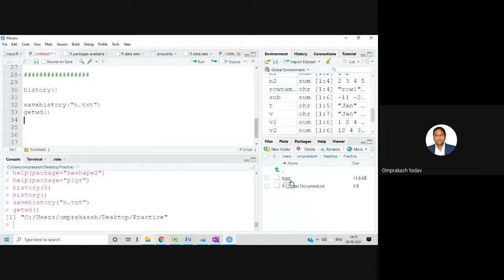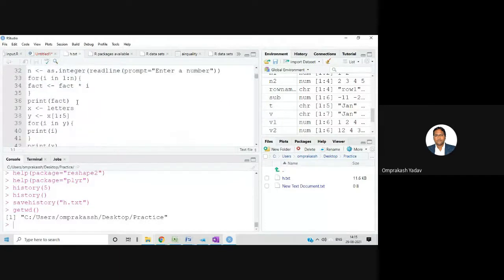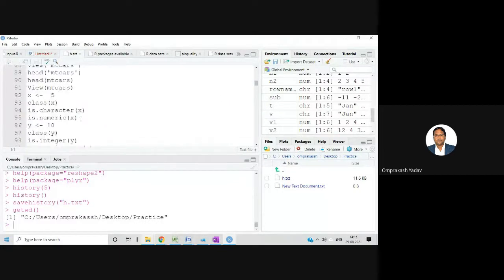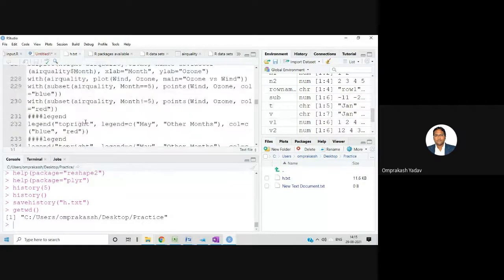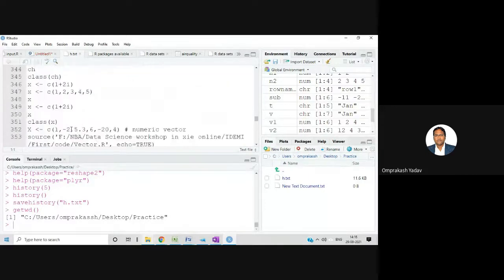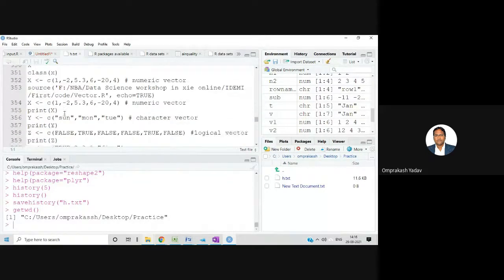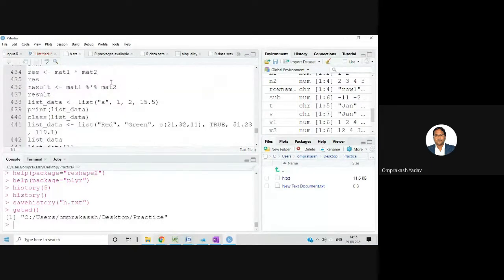Now if I want to open it, I just clicked on that one and that history file got opened. If you see, a lot of things I've written over so many days, all the history is recorded. Everything is saved in this particular file. The entire history is saved. So with the help of savehistory, you can save the history.